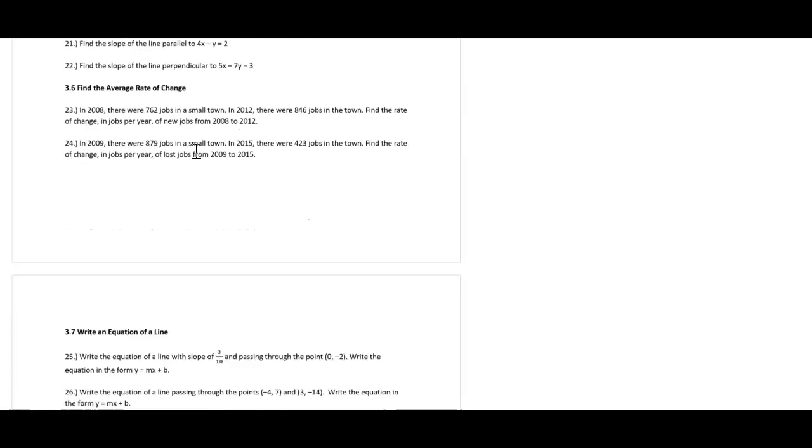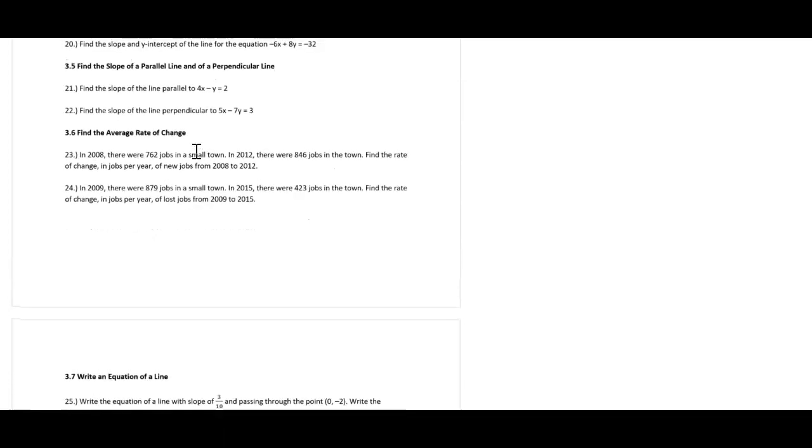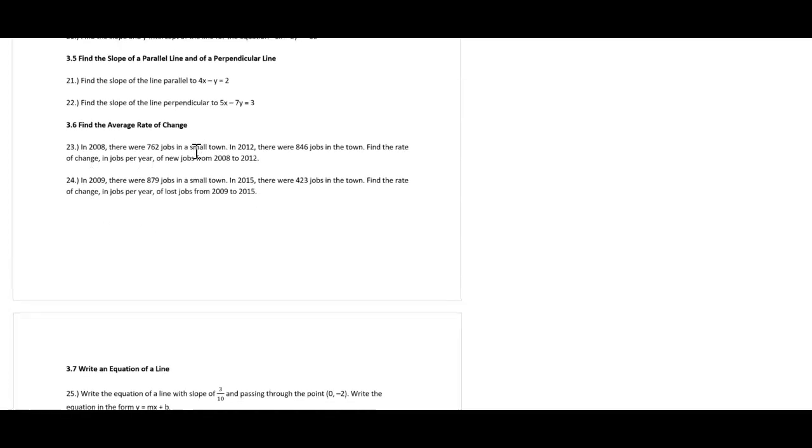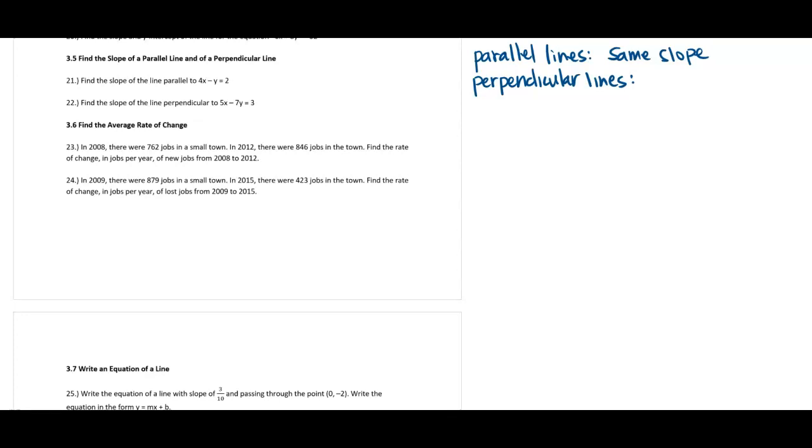Let's talk about parallel and perpendicular a little bit. All right, so we said when we have lines that are parallel, so parallel lines have the same slope, and perpendicular lines have slope